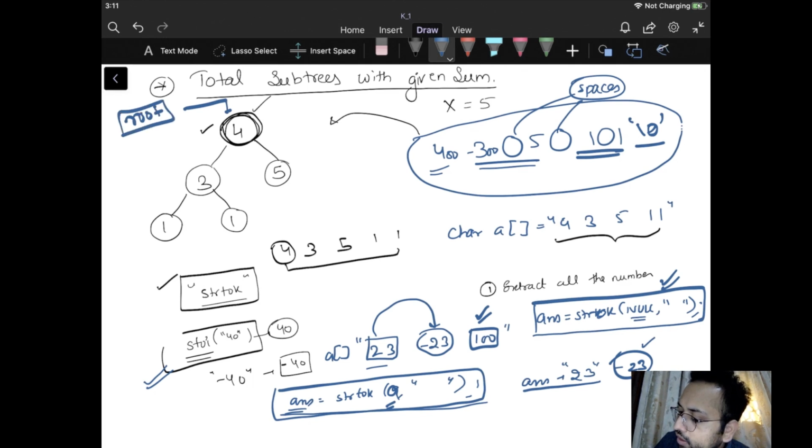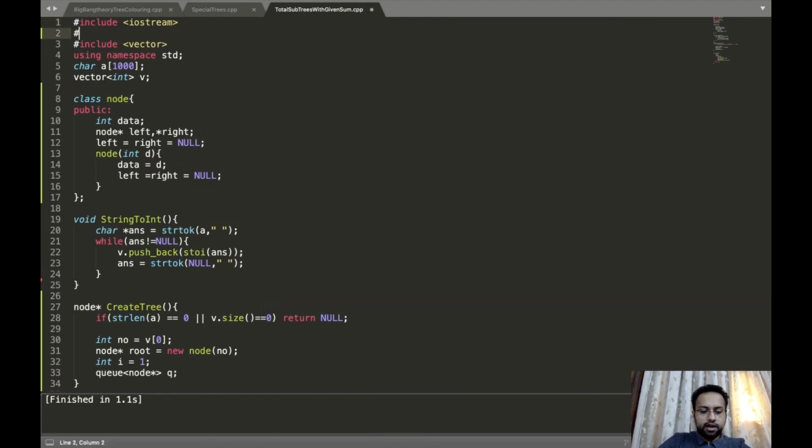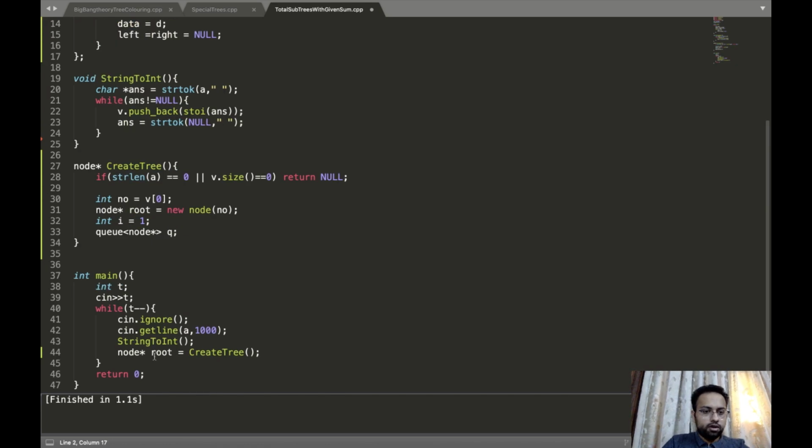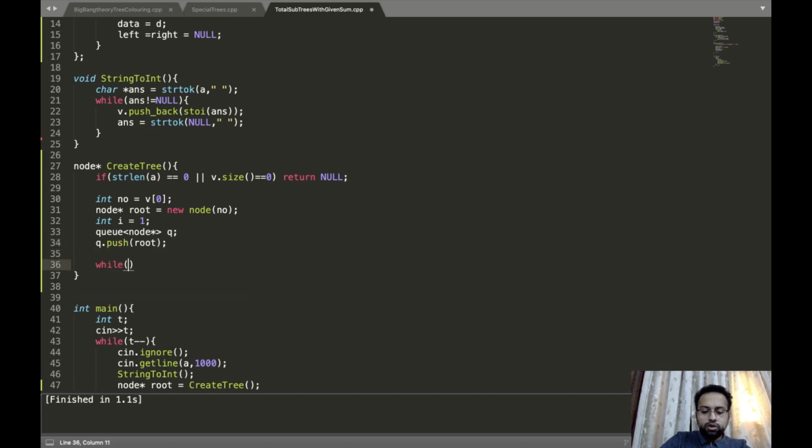Then I'll create the left child of it, then I'll create the right child of it. For that we need a queue. So I'll take a queue of node star. We are going to push the nodes. I'll include the header file of queue. Alright, so I'll do insertion of the root node inside the queue. The next thing is we need to do some work till the queue is not empty